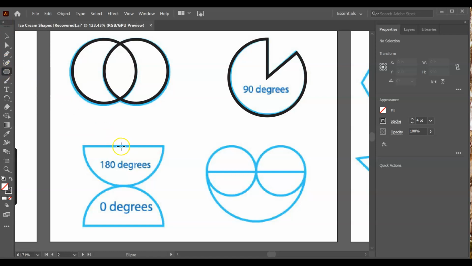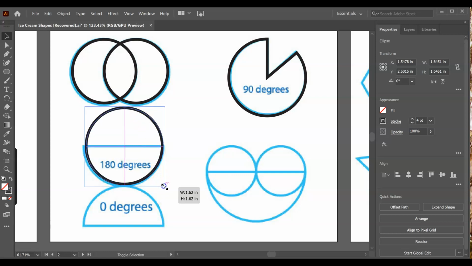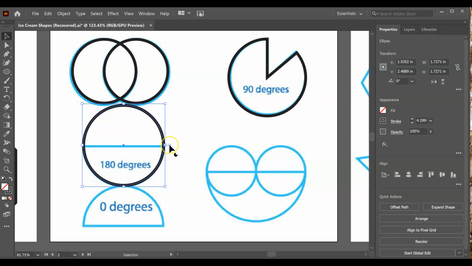Okay, the ellipse tool, we're going to start here again. So Shift Alt and then click and then drag out. And I might have to move this around a little bit more. There you go. And for this one, we're just going to go straight to the properties, More Options, and click